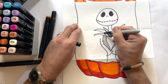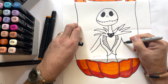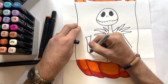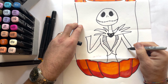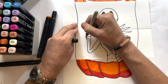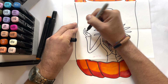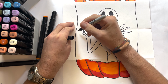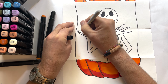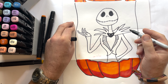Okay. And then what we're going to do is we are going to bring the arms down. And we're going to bring this arm down as well. And I think we'll go up. And this one can be going maybe behind. It's quite nice when they go behind. You don't have to worry about drawing them. And then you've got these kind of long bony fingers. We go one, and then the palm of his bony hand, and then a little there, and then one there. So he's kind of going, look at me. And then we've got a few little details, something like that. And then we've got a lot of stripes going on, a lot of colouring in. So that's Jack Skellington from